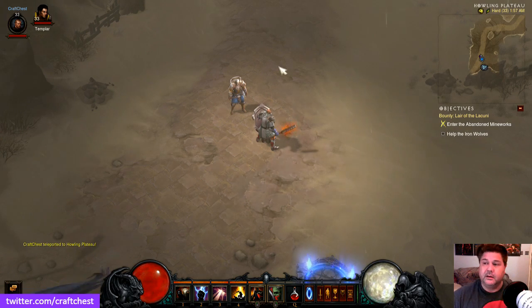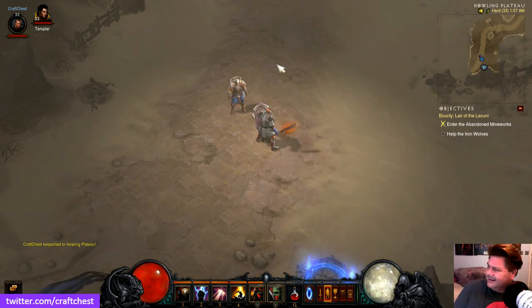Good, I can do it again. That's a craft chest. Let's take 1 million. Alright,